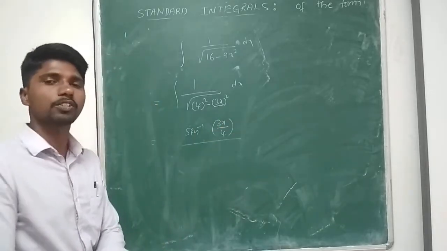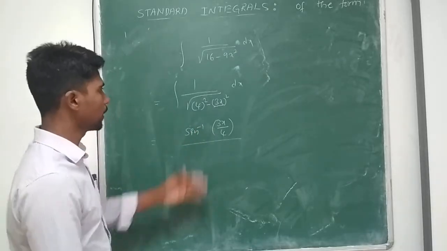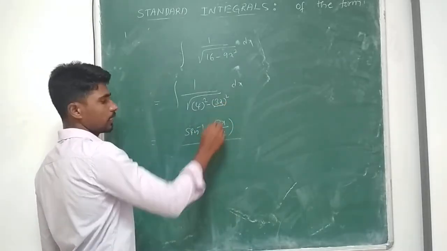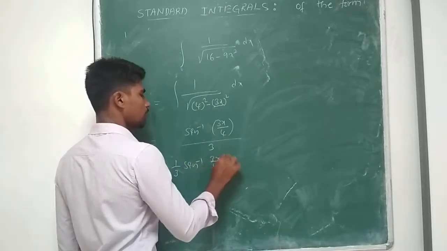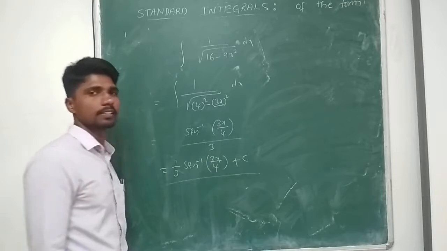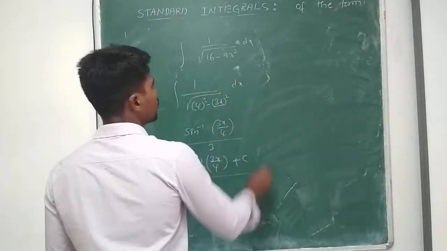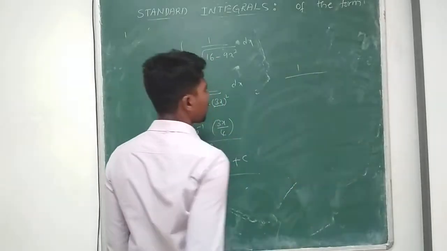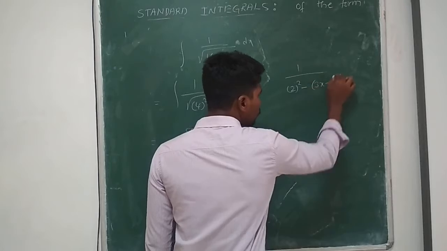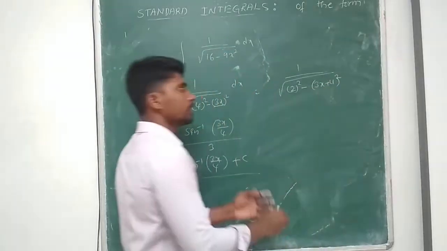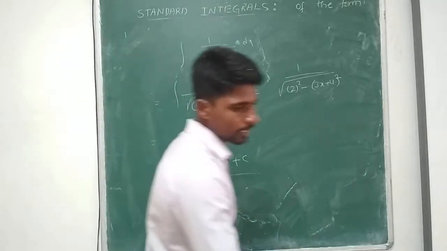So whenever it is px plus q, the coefficient of x we have to take in the denominator, right? By p, meaning the x coefficient is 3. So our answer is 1 by 3 sin inverse of 3x by 4 plus a constant. In this way also we can solve the problem. This is useful whenever you have problems like 1 by 2 square minus (3x plus 4) whole square. If you are able to convert it into this particular form, then it will be useful. These are application oriented. Next problem, take the next problem.